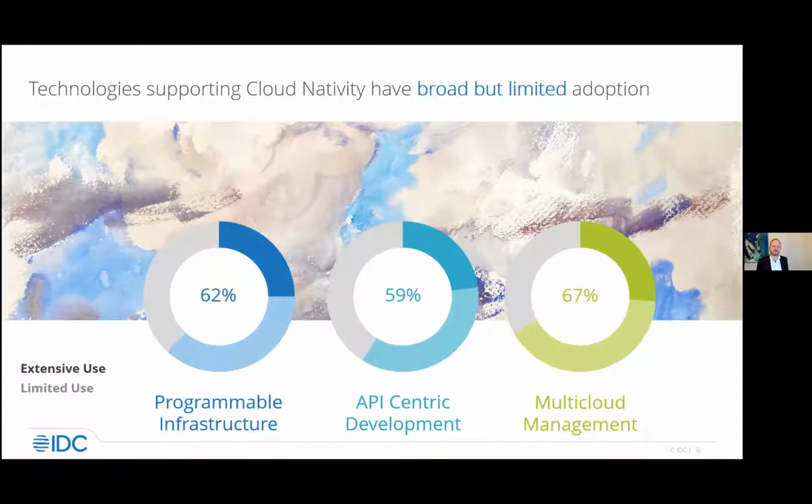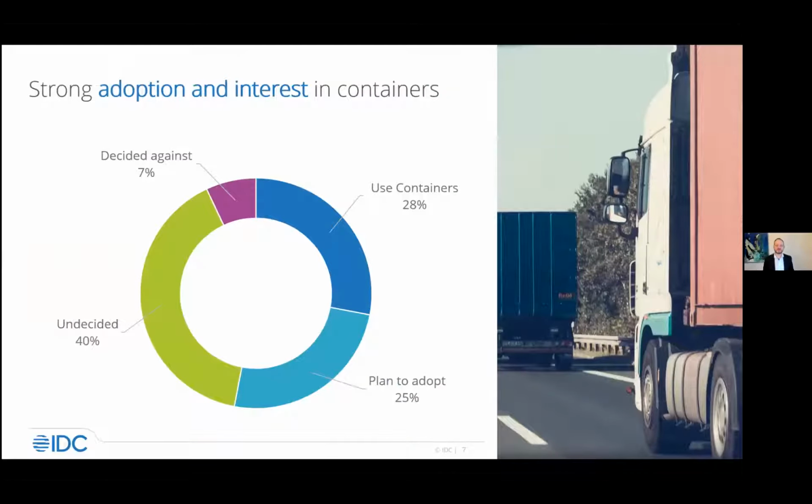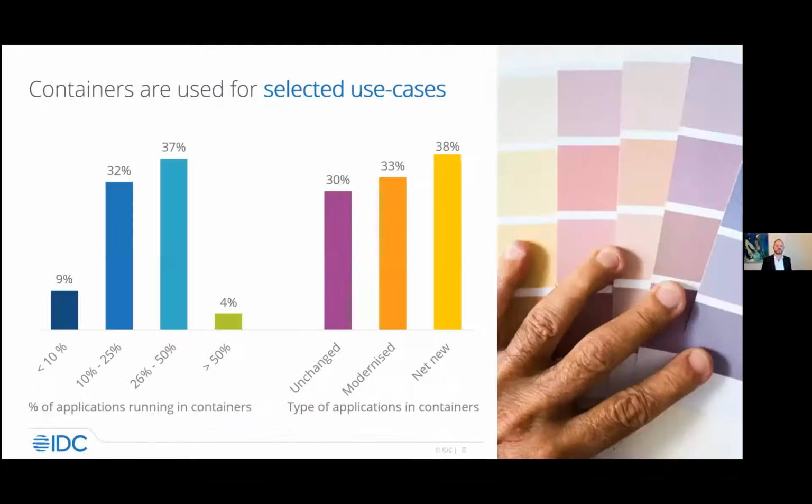And of course, part of the programmable infrastructure, a core element of that is containers. So I'll dig a little bit into what we see about that. We see that 28% use containers today. Strong interest in adopting, and virtually nobody has really decided against it. So this just shows that we have already as many that plan on adopting as those that use it currently. So there's of course a very strong interest right now. There's a big uptake in actually using these containers, and more interesting is possibly how they're being used and for what.